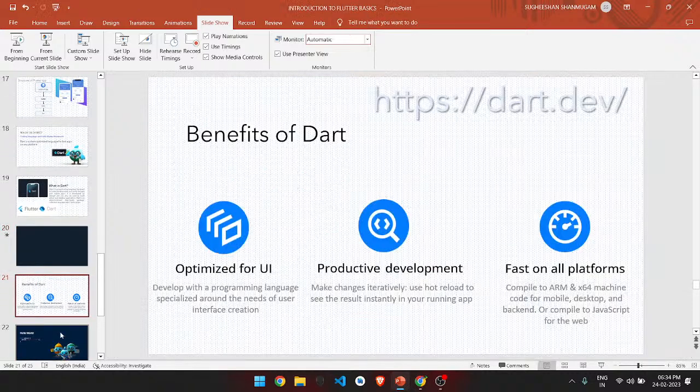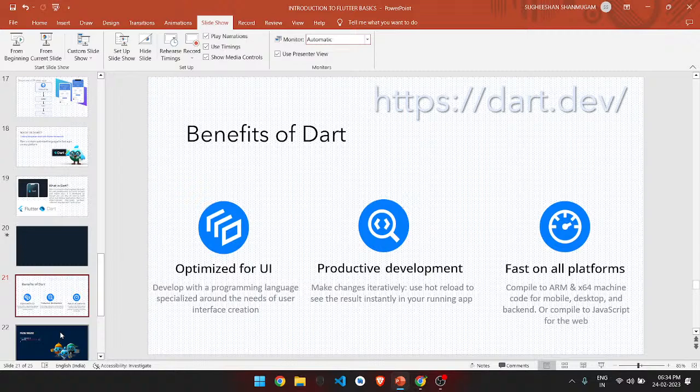So, benefits of Dart. Benefits of Dart is something like it has optimized UI. It provides the user interface in an optimized way such that the simple programming language gives a specialized interface for individual users with their perspective and developers to their capability. Productive development: it changes iteratively using hot reload to see the result instantaneously in your running app.